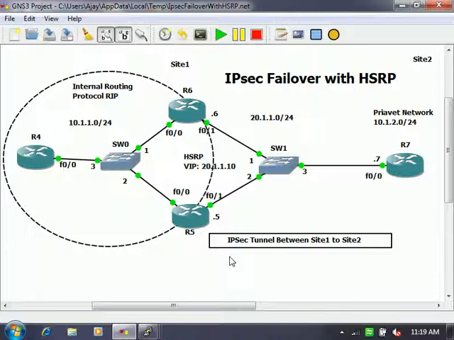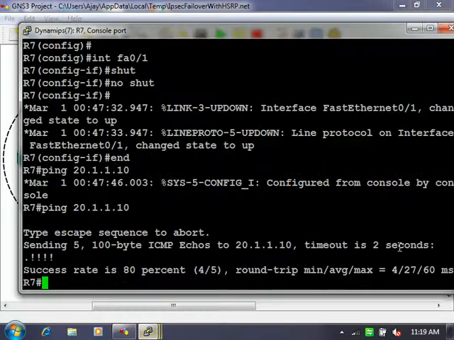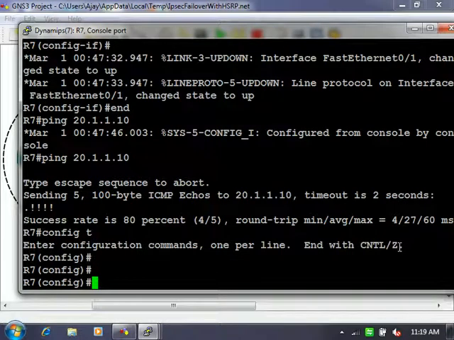IPsec and ISAKMP VPN. Okay, so first we will configure the R7 side, then we will come back to the R5 and R6 side. R7, what are the steps for IPsec site to site? Tell me from the beginning. ISAKMP policy. ISAKMP policy comprises 4 statements plus a key if you are using a preshared key. If you are using a certificate, then only 4 statements and the retrieval of the certificate. Then proxy ACL. Then IPsec transform set. Then you create the crypto map, right?